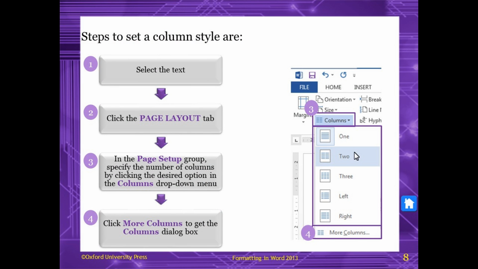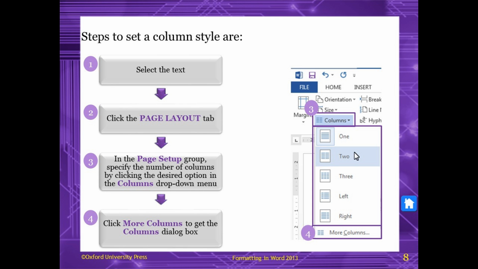First of all, you have to click on page layout. In Word 2013 I am talking. If you are using Word 2016, there is only the layout tab. So if you are using Word 2013, you will see the page layout tab. Click on the page layout tab, then you will see the columns option in the page setup group of commands. Click on columns in the page setup group of commands.